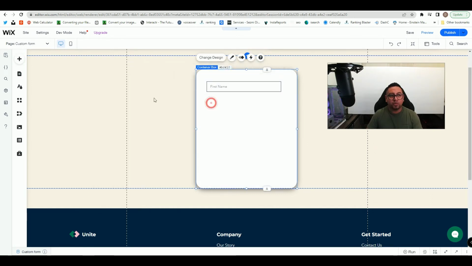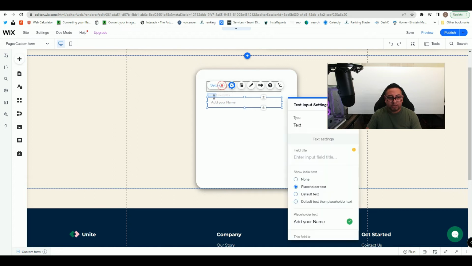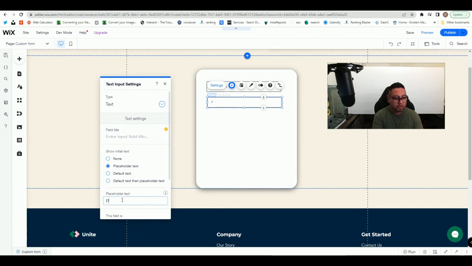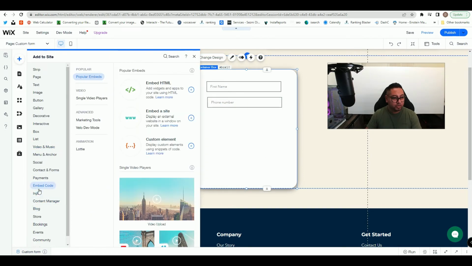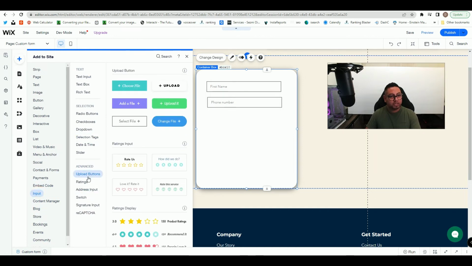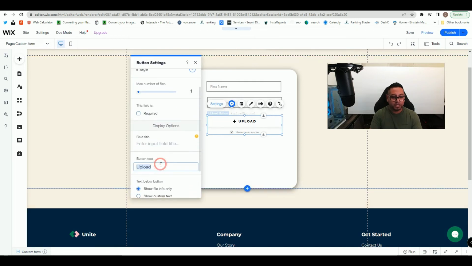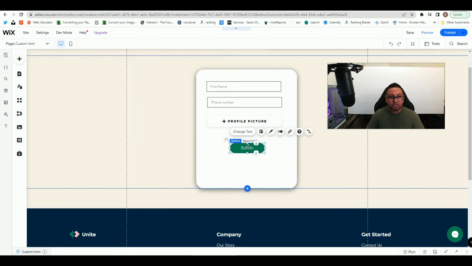and then we can add another option. You just drag it, and this can be phone number, so you can just leave it like that. We're gonna use this one, phone number, and then we're gonna add one more, which is gonna be the image. So input, and we're gonna have the upload button. So once we select this, it's gonna be right there, settings, and this is gonna be profile picture, and then that's it. And then we're gonna add a button. On this button, this is gonna be named submit,